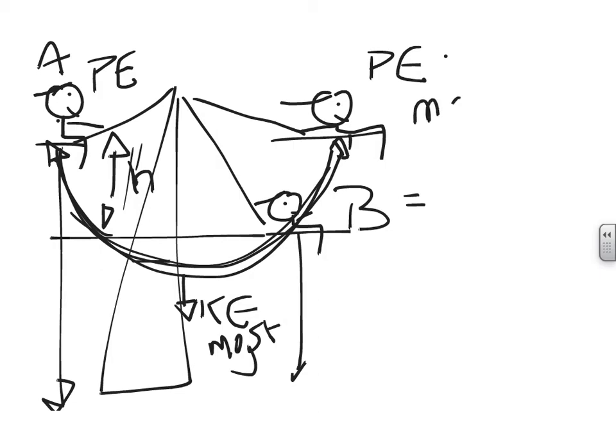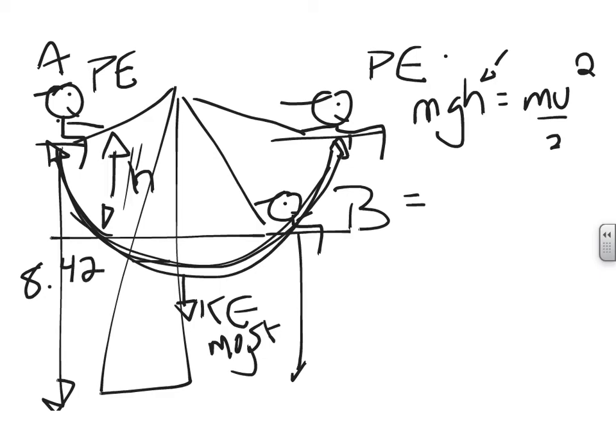So I'm still going to say the mgh, the potential, equals the mv squared over 2. The potential loss equals the kinetic gain. But the height I'm going to use here is going to be the change in height between these two. And I gave you 8.42 was this height. And this height over here was 5.82 meters. So yes, I realize this is the biggest swing in history, but we're just playing here. So the change in height here, if I subtract those two, we find out that she drops 2.6 from point